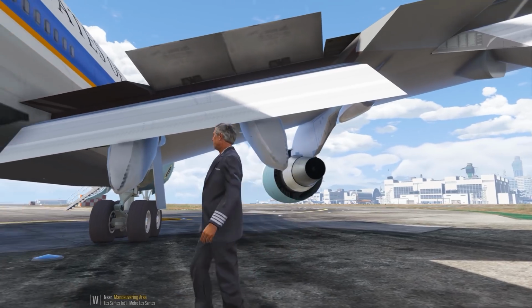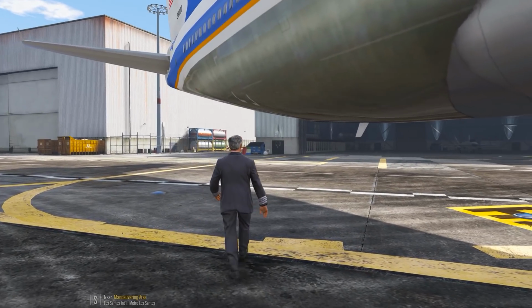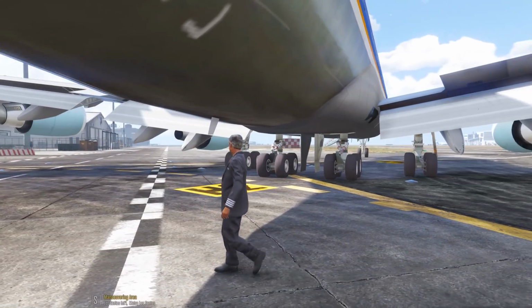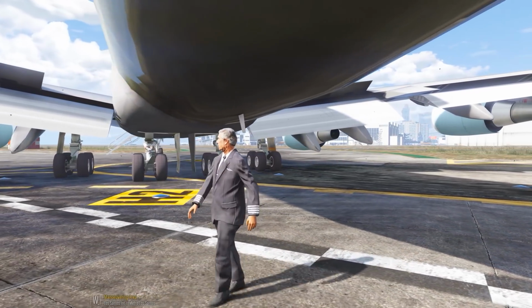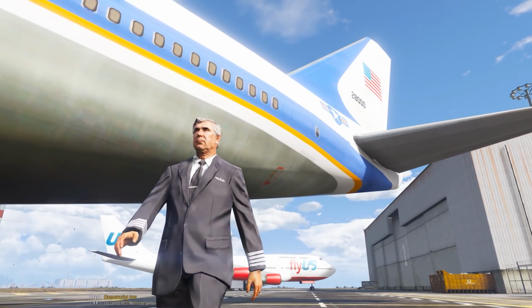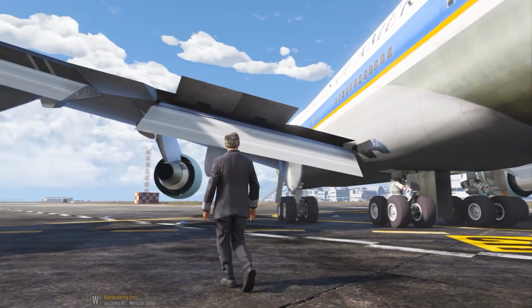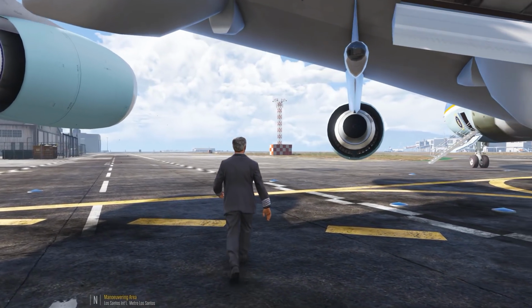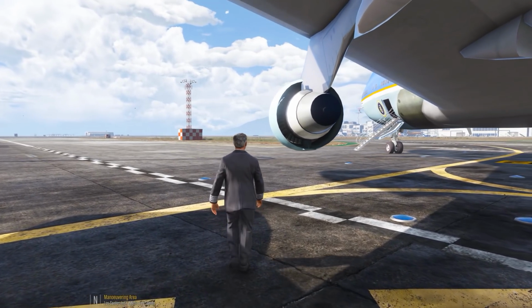It's got the little bubble underneath there. And we'll walk around this way. The texture work is pretty good too. I really do like the textures on this. Tires are a little pinkish purple. It could be something to do with the dirt mapping though. I'm not really sure if it has dirt. It shouldn't. It should be completely clean. It is Air Force One, so it's going to be completely